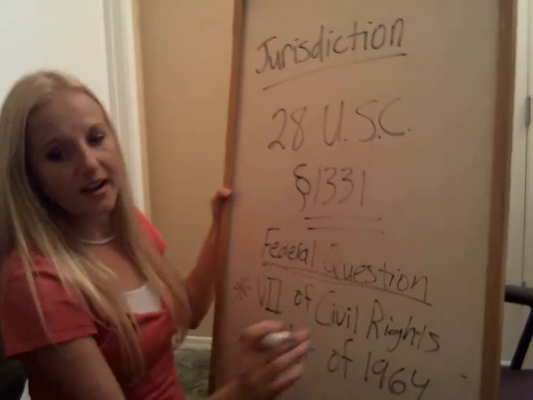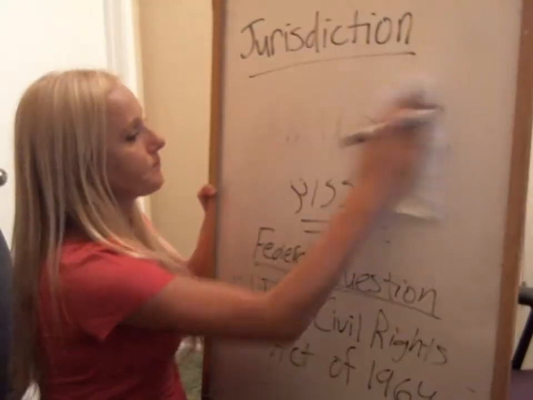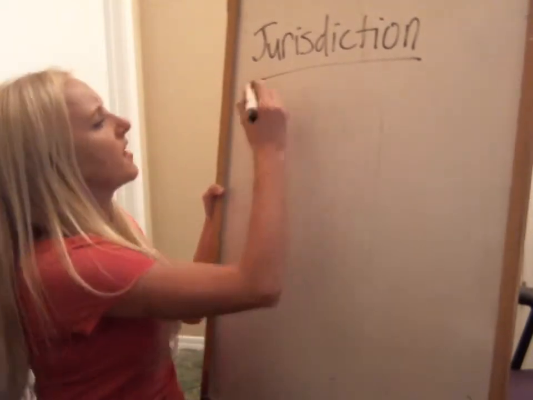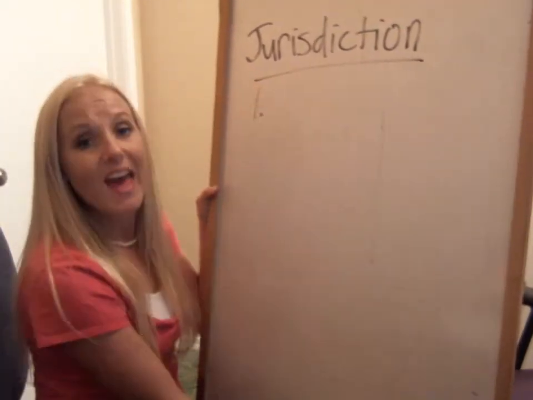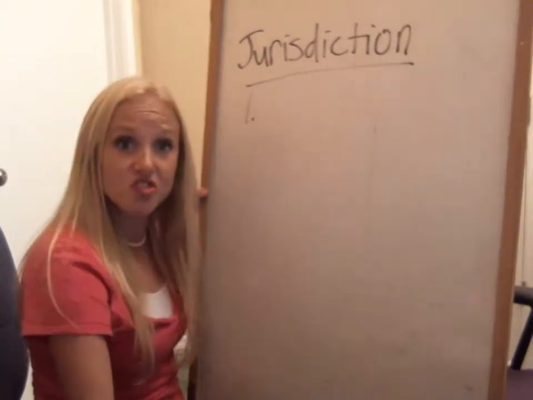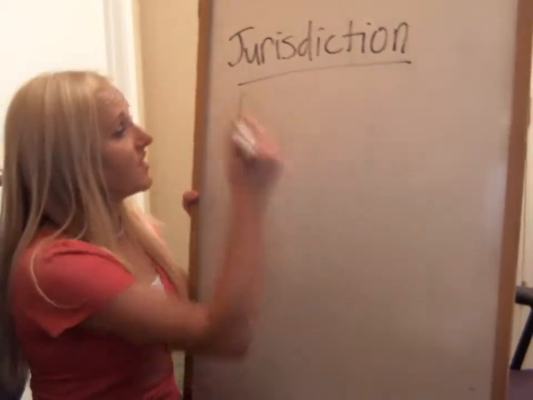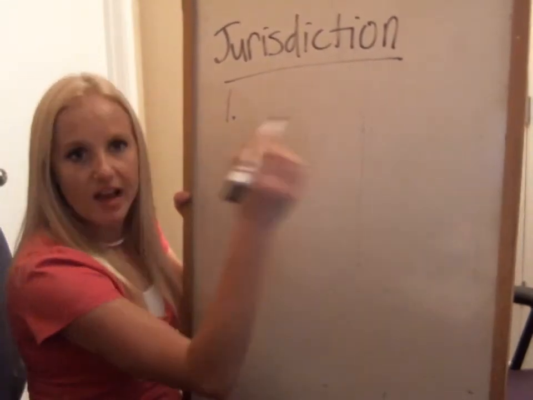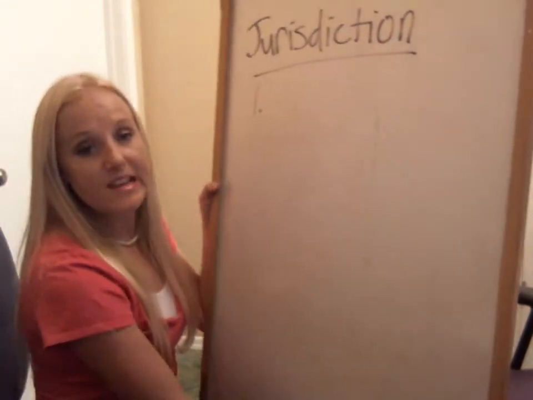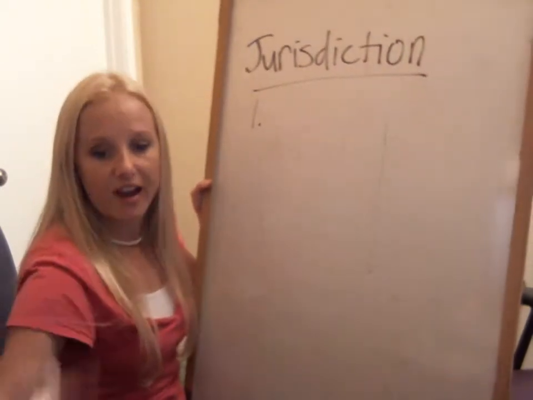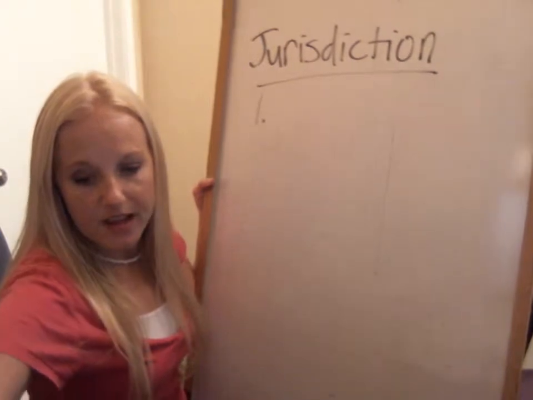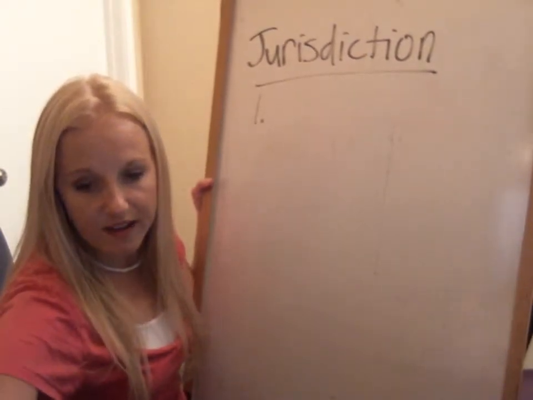And so to write a jurisdictional statement, what you would do is you would start out, and first of all, you always want to number every statement you make. And that way, when they're answering your complaint, they can just answer right along with what you have listed. One yes, one no. You know, it's easy for labeling, it's easy for answering. So for your jurisdictional statement, it would be something to the effect of,